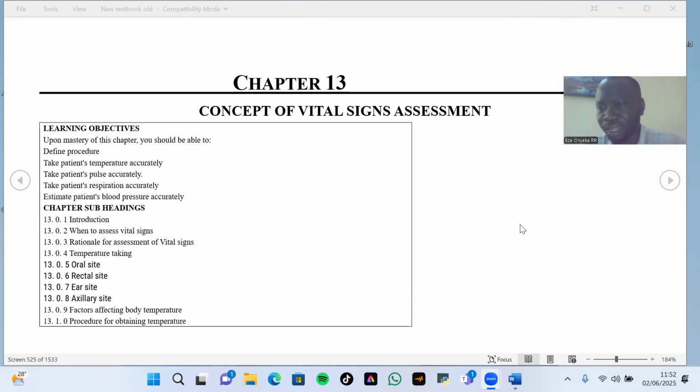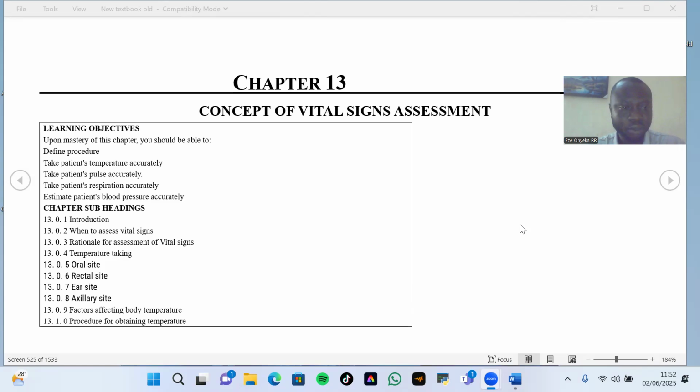As I will be discussing with you something very important and vital in our healthcare practice, as a practitioner, so student too, and that is the concept of vital signs assessments. So in this particular short section, we'll be looking at